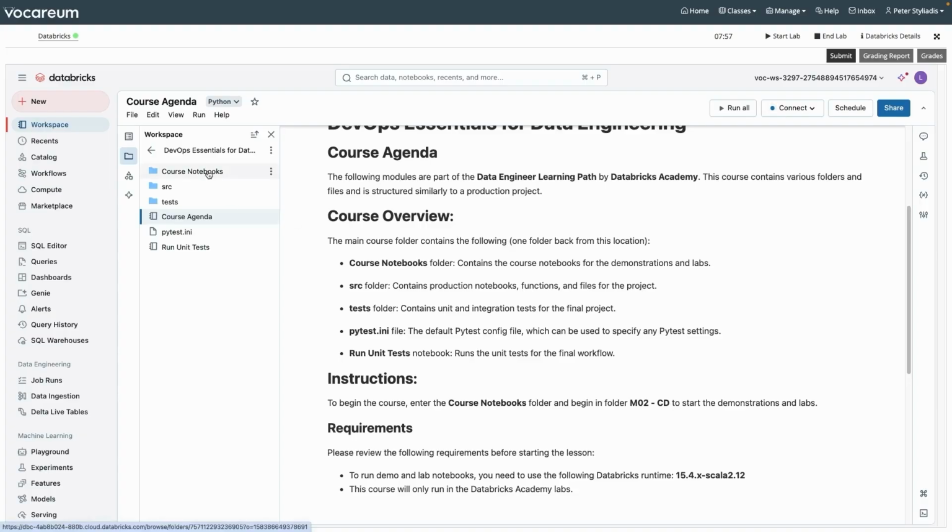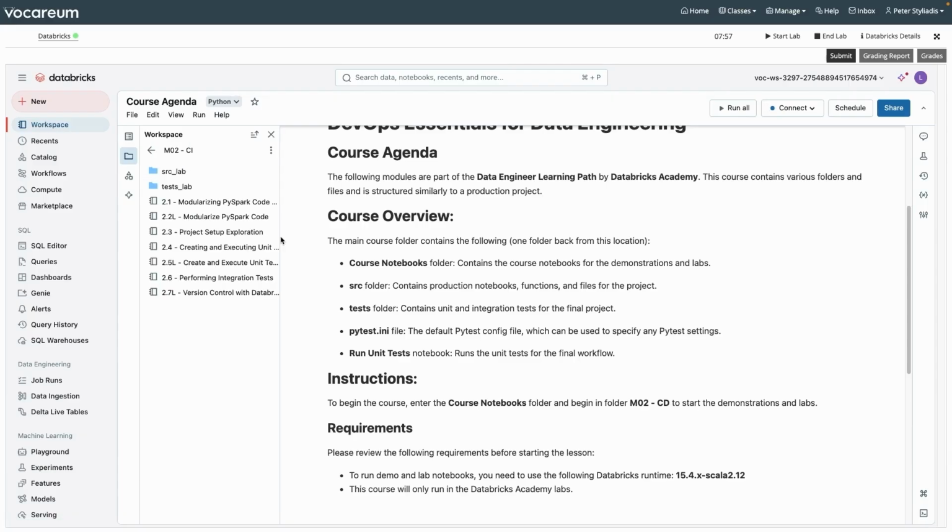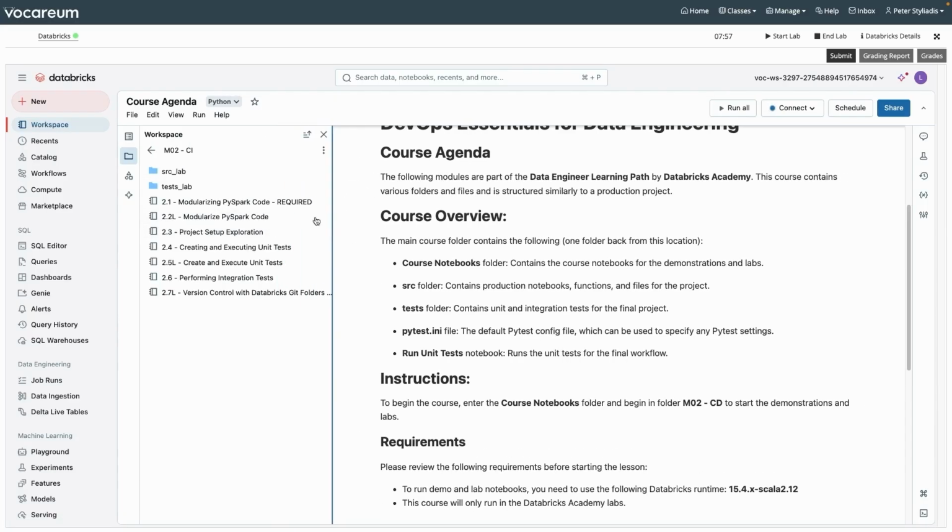we go to course notebooks, CI. And the first demo we're going to complete is modularizing PySpark code. This demo is required, so if you skip this demo, this will set up your environment, and if you skip this demo, most of these will not work. So let's select 2.1,